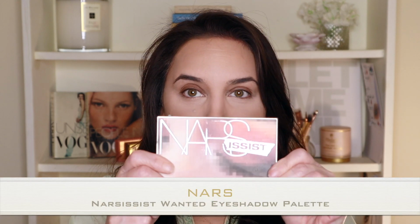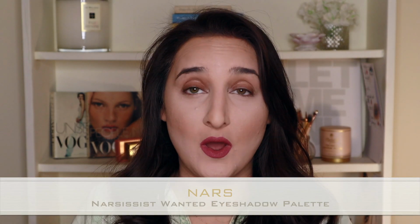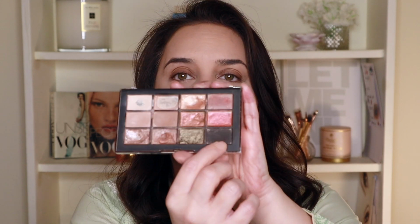Okay, so to show you this really cool fail-safe eyeliner hack, I'm going to use the Nars Wanted palette. It's a really great palette. Most Nars palettes are great and they have a good few neutrals in them, so they're awesome to have. This palette, as you can see, I've broken so that I can use it, and you can see it's very well loved. I'm going to stick with these sort of neutrals, and I'm going to use the chocolate brown